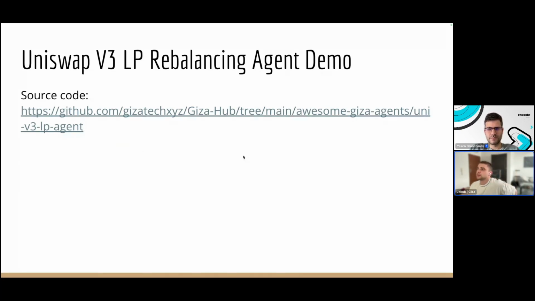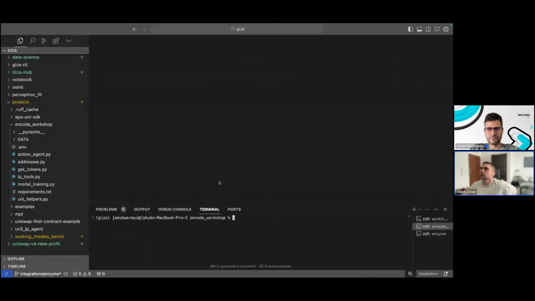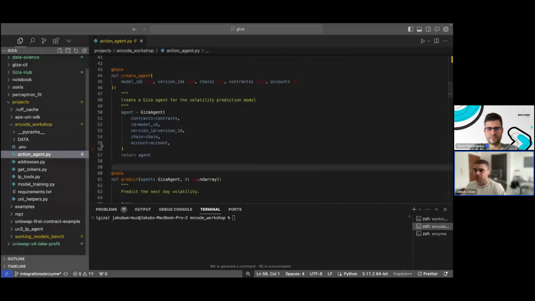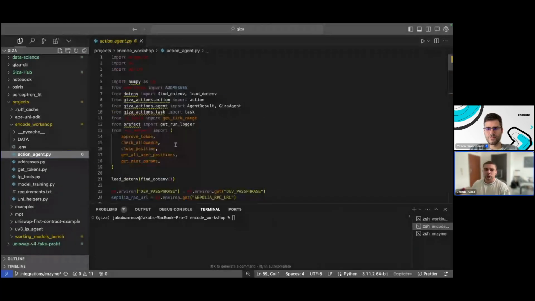But yeah, with that, let me show my code editor, and we can walk through the flow. Okay, so the first thing before you start coding is you're going to need to set up your environment, install all of the packages, and set all of the environment variables. You will also need to configure your Ape account. All of that is covered in the tutorial under this link that I sent. So fret not, it's all there. You can just follow the steps and it should work. But once you're done with the setup,